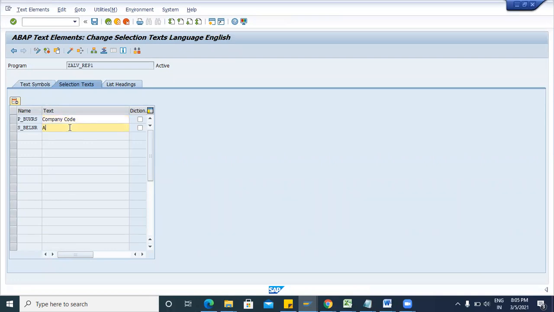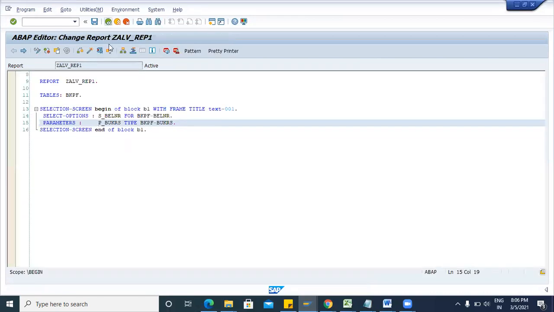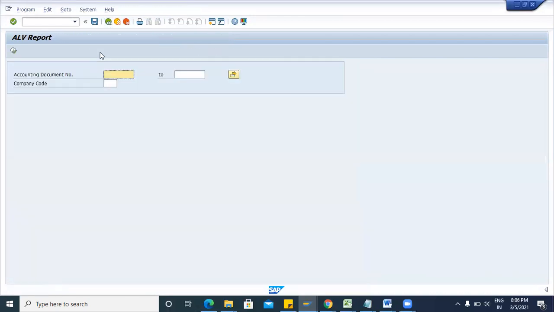S_BELNR is for accounting document, accounting document number. Now save and activate. Go back. Just execute this program. So here you can see accounting document number and company code.